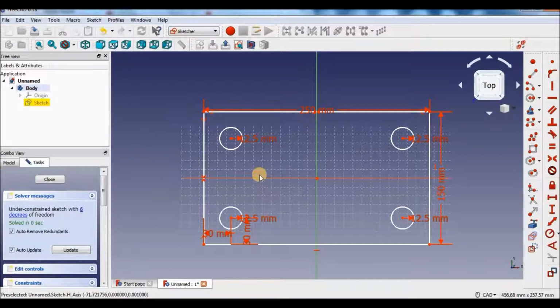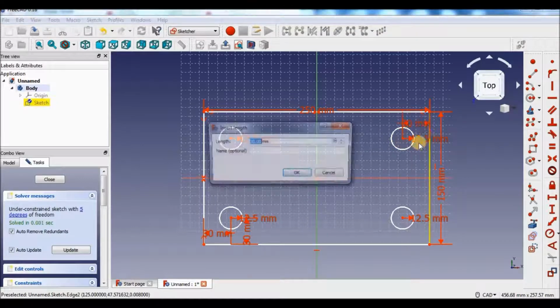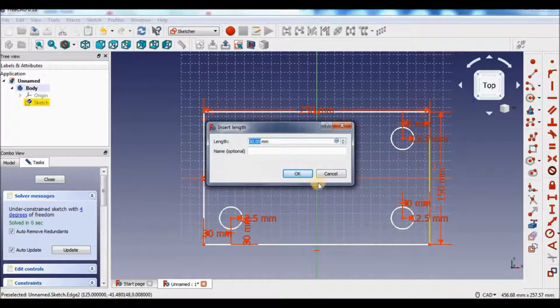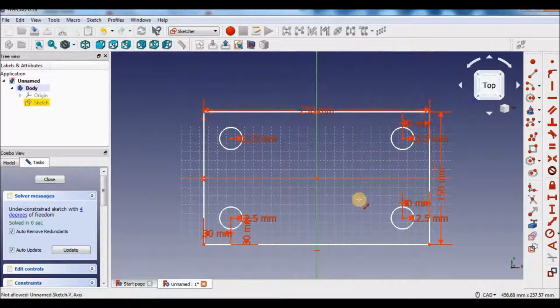So to make it fully constrained, we will give the constraints or the dimensions of these circles. Here it shows the under-constrained sketch with 5 degrees of freedom. So it means there are 5 constraints we have to give.